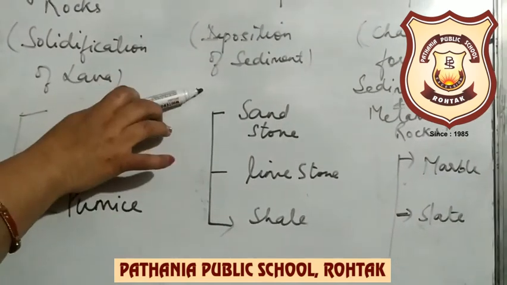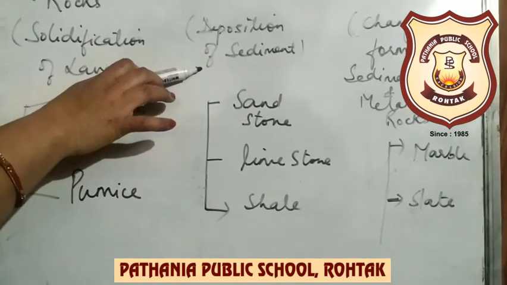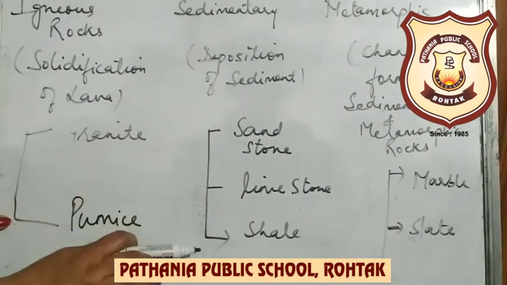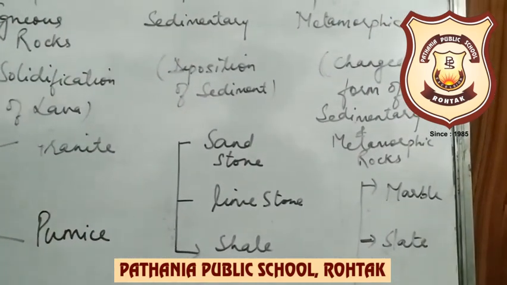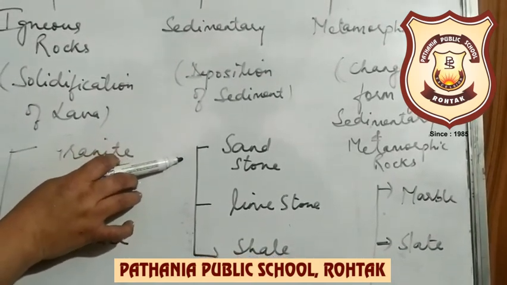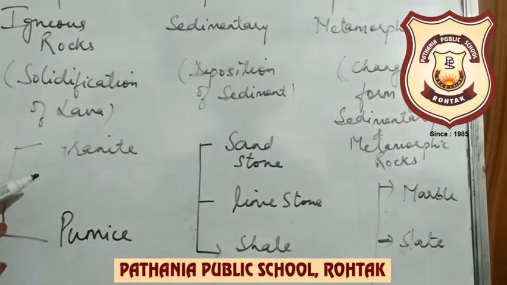Okay, now second will be sedimentary rocks. Sedimentary rocks are formed by the deposition of sediments. The examples are sandstone, limestone and shale. Sandstone is a soft stone that is made up of sand particles and it is used in building materials,